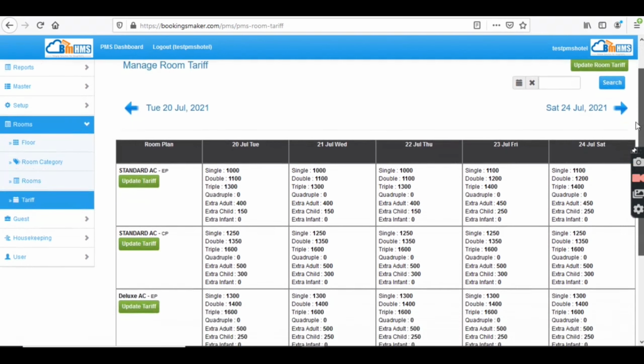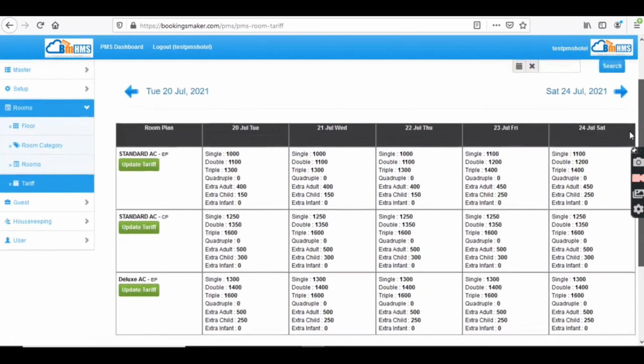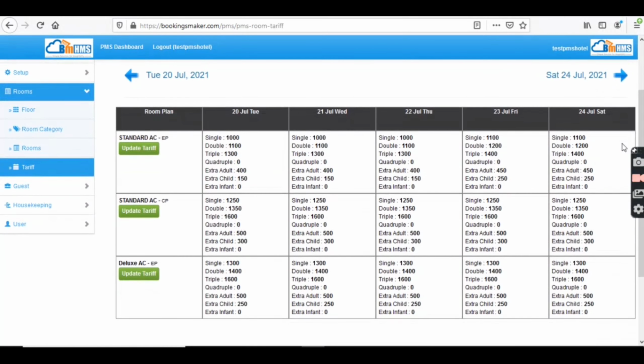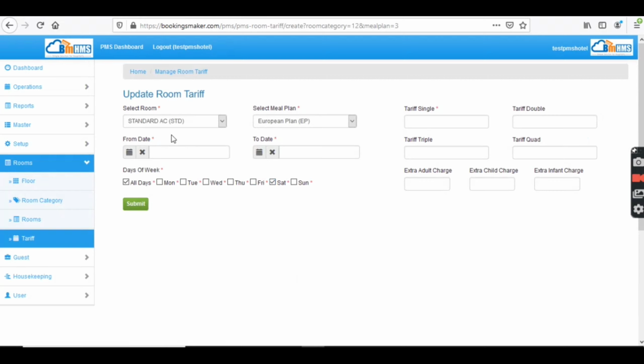And the plus in our Light PMS, all the rates and inventory plan you can add, like in GoMMT, how you are adding tariff inventory for up to 1 year or 2 years, 3 years. The same tariff will be picked up in your reservation check-in when you are making a new booking. For example, in some locations only on Saturday they will keep a higher price. So when you are loading the price, you can increase it, only select Saturday and category and plan, then particular dates, 1 year or 2 years or 1 week, and single, double, triple and quadruple tariff, for children, infant, you can decide and submit. So according to that, the tariff will be picked up on your reservations. So this is the additional feature.